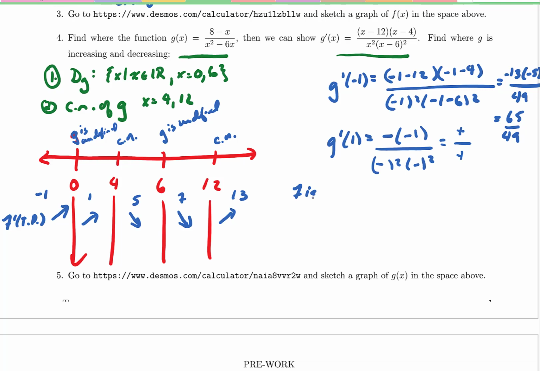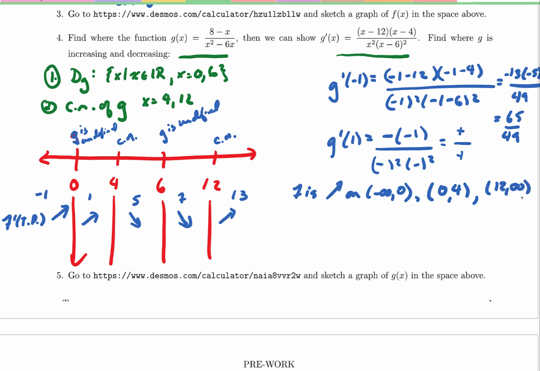So f is increasing on which intervals? Well, it's increasing from minus infinity to minus 1. Oops, excuse me, what did I just do, folks? I just made a mistake that I told you not to make. It's increasing from minus infinity to 0, using these columns that I've created as my dividing lines. And again from 0 to 4, and again from